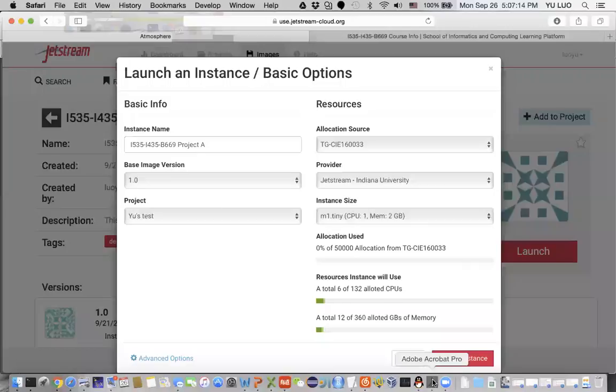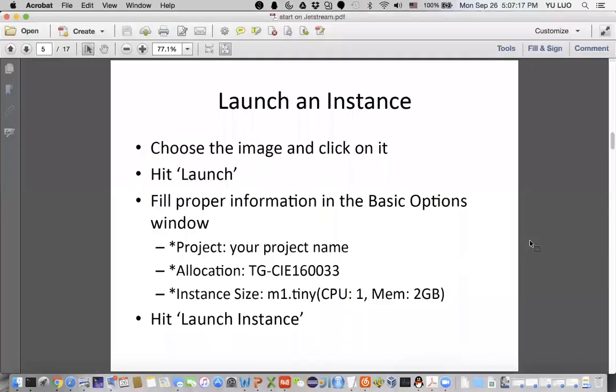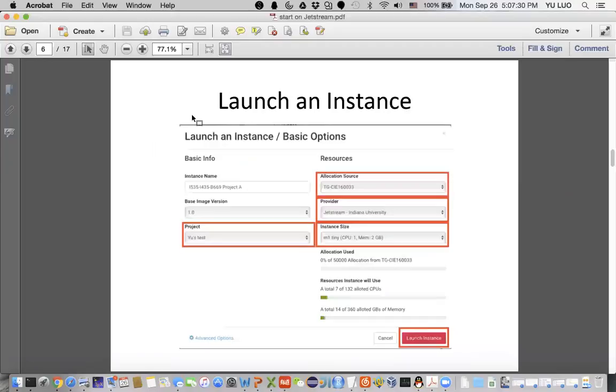Then start to launch the instance. There are three important things here. In this basic options window, you have to type in your project name, the allocation, and the instance size. Let's go to the next page. This is the sample page. First, you create a project before you launch an instance, and on this page you have to select your project. And for the allocation resource, you have to select the